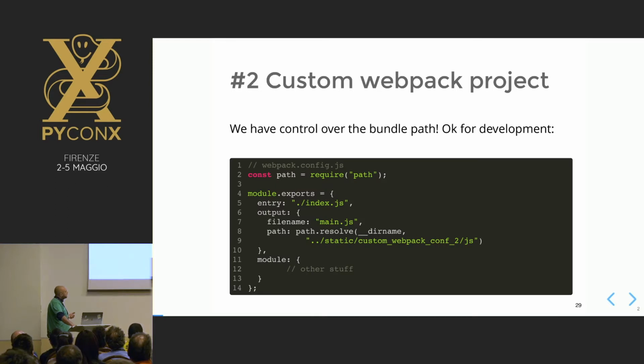At this point, we have control over the bundle path. That means this is a Webpack configuration. So I can say exactly where I want Webpack to place my JavaScript files. The relevant part is path, where there is the static folder. Now I have control over the bundle,